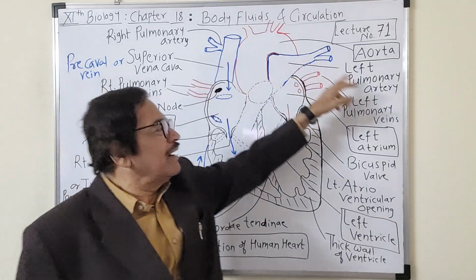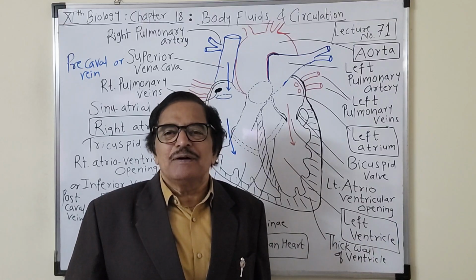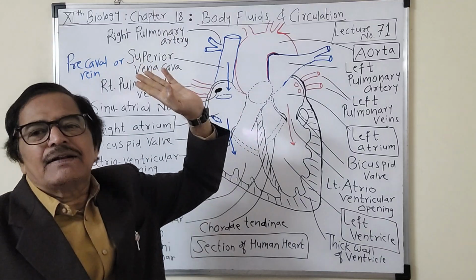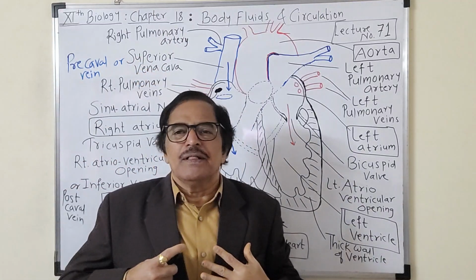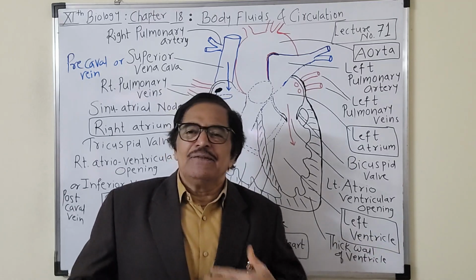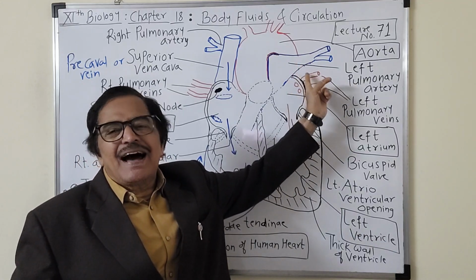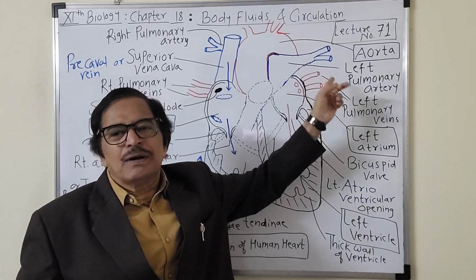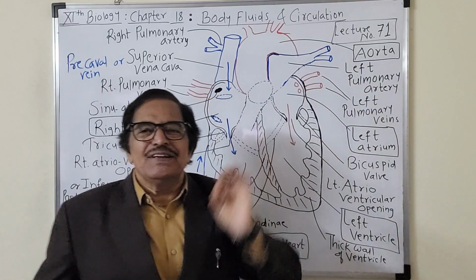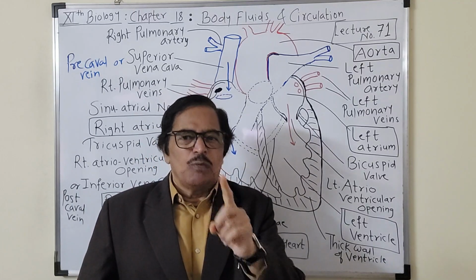Left pulmonary artery is carrying the deoxygenated blood to the left lung, and right pulmonary artery is carrying the deoxygenated blood to the right lung. दो lungs हैं हमको मालूम है, तो right lung को जाने वाली right pulmonary artery, left lung को जाने वाली left pulmonary artery, ये blue जो दिखाई है, and that are carrying the deoxygenated blood to the left lung and right lung. ध्यान में आ रहा है, बहुत ही easy है, बहुत ही simple है। यानी blood का flow आप ध्यान में ले लो, यहाँ पे वो point important है।